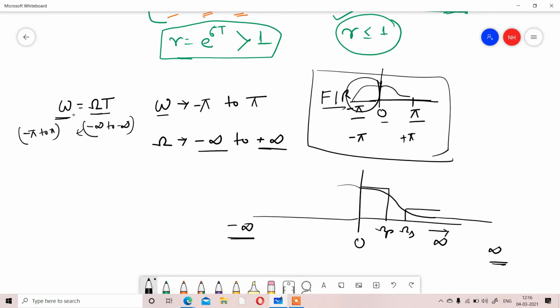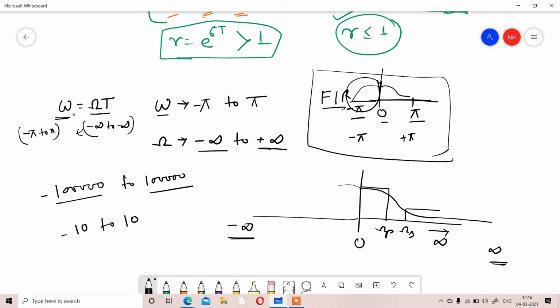Got it or not? Simply, suppose 1 lakh, from minus 1 lakh to plus 1 lakh. That range we are trying to map for a range. Suppose, for example,